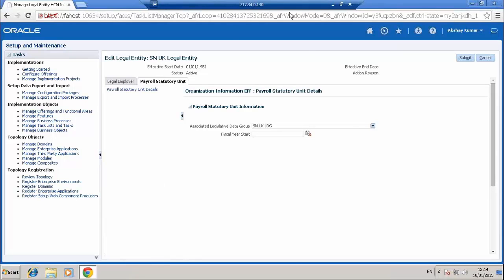Most of the time, people configure everything but miss out linking the legislative data group with the legal entity. So they get an error that it is not available, and they have to go again and link it here. This is the major aspect.